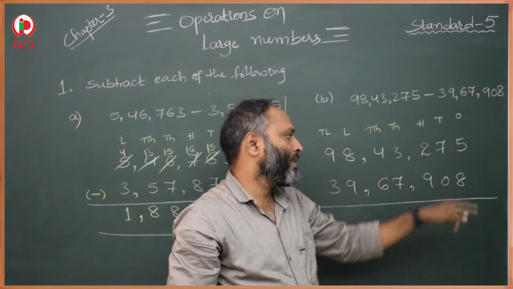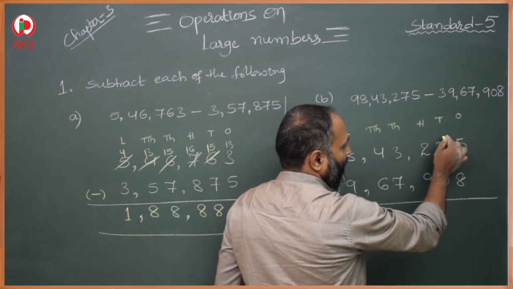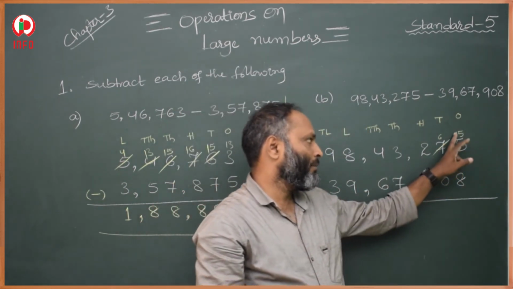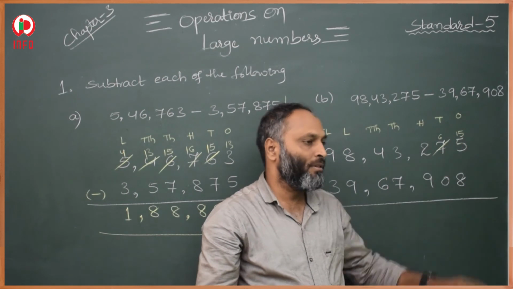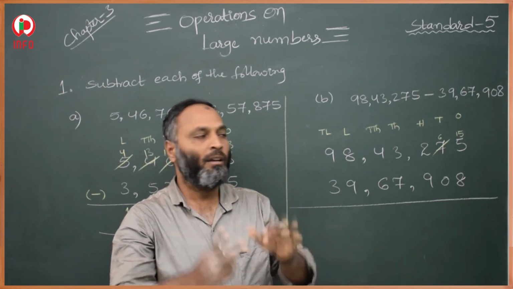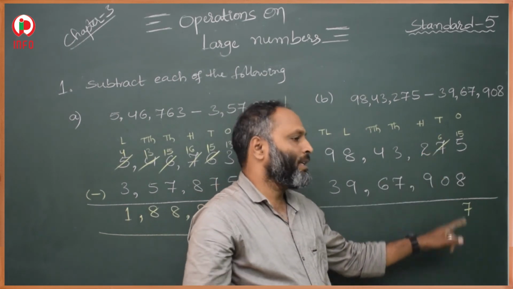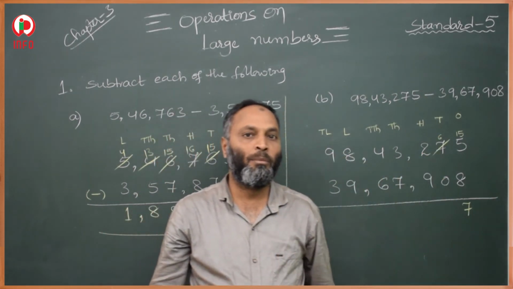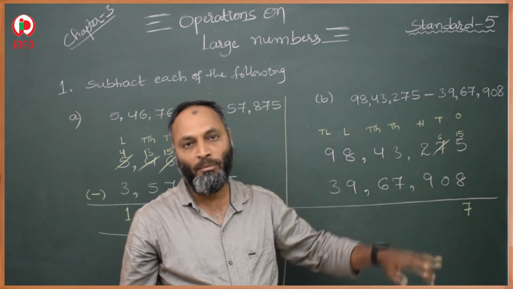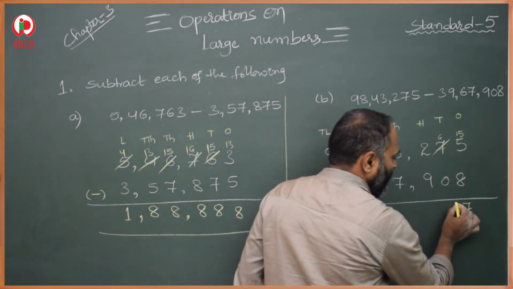5 is the minuend, a smaller value. So we take borrow from the next place value, that is from tens. Then it becomes 6 and this becomes 15. 15 minus 8 means count from 9 to 15: 9, 10, 11, 12, 13, 14, 15. The answer is 7. Then 6 minus 0. In the properties of subtraction we discussed that if 0 is subtracted from any number, we get the same number only. Here 6 minus 0 is 6 only.